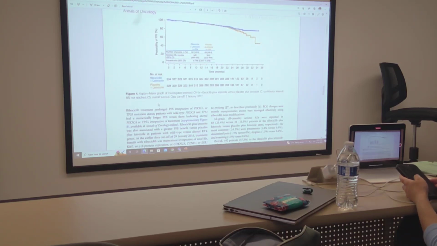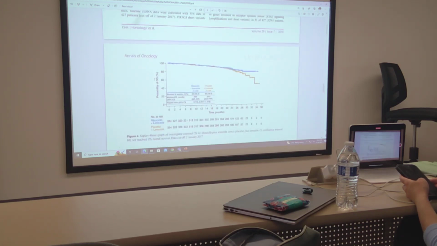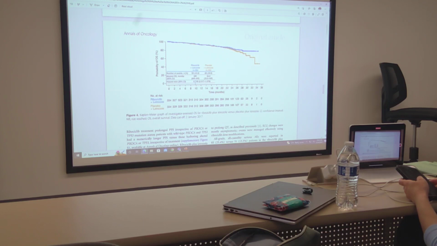Okay. So here's the Kaplan-Meier curve that's actually looking at overall survival. In this scenario, the overall survival for patients being treated with just a placebo is 33 months, and NR means not reached. That means there are too many people still alive essentially in the control arm to be able to make a conclusion on this